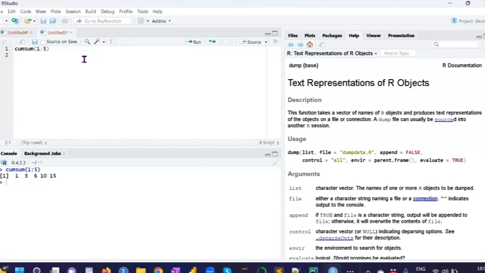Next, I will also show you one more example. You see, I am passing some values. If I run it,